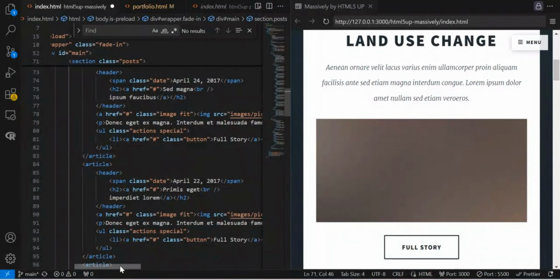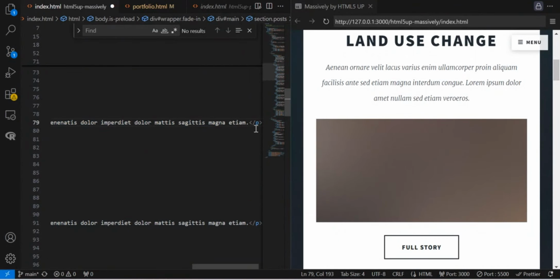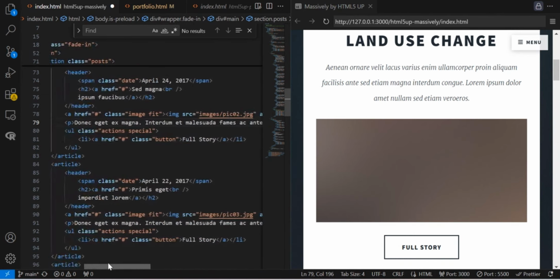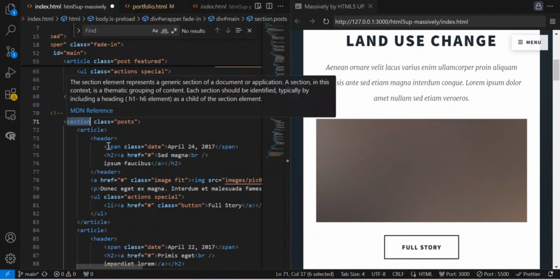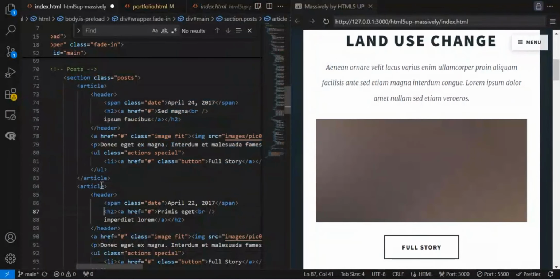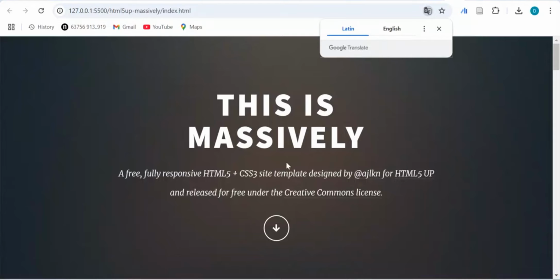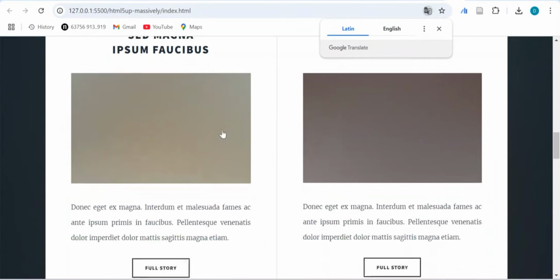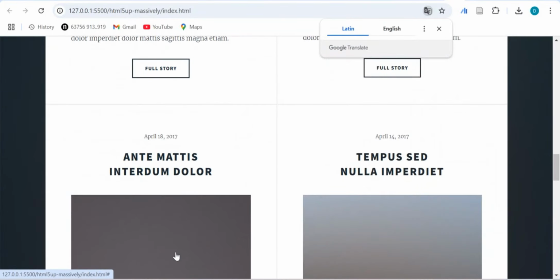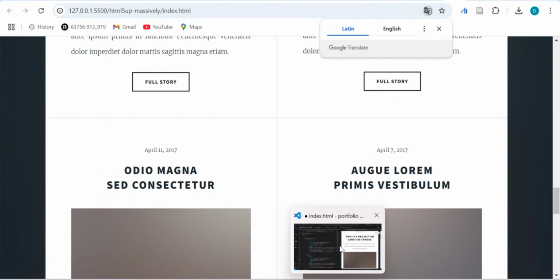So we use the same principle over here. We write the text we want to show here. We make sure that we have the paragraph closed, and the same way. So once you have this section, make sure that all the articles will fall inside the section so that it follows in that way. If you don't put the articles under the main section, then you will have it in vertical like this and not side by side. So please take note of that.